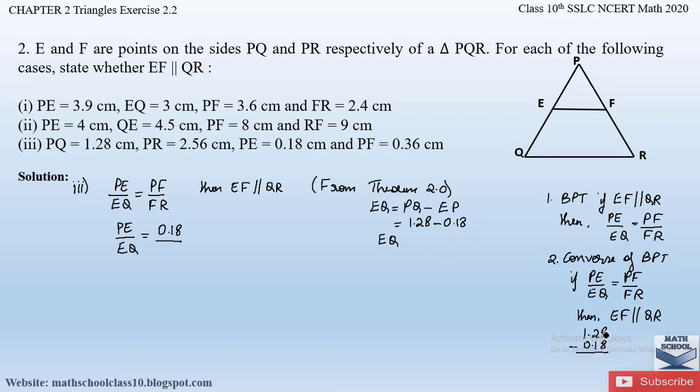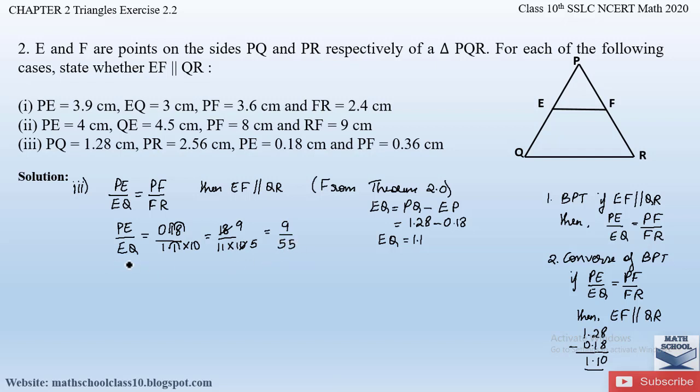So let us subtract. 8 minus 8 is 0. 2 minus 1 is 1. 1 minus 0 is 1. So you get 1.1. EQ is 1.1. So here we have EQ as 1.1. Let us remove this decimal point. In the numerator we have to remove it 2 times, whereas in the denominator only once. So let us add a 10 for the second time. So you will get 18 divided by 11 into 10. So 2 9s are 18, 2 5s are 10, so you will get 9 divided by 5 into 11 is 55.